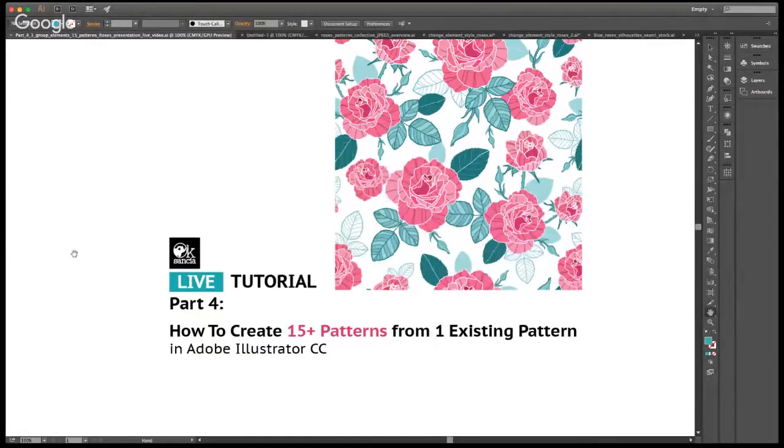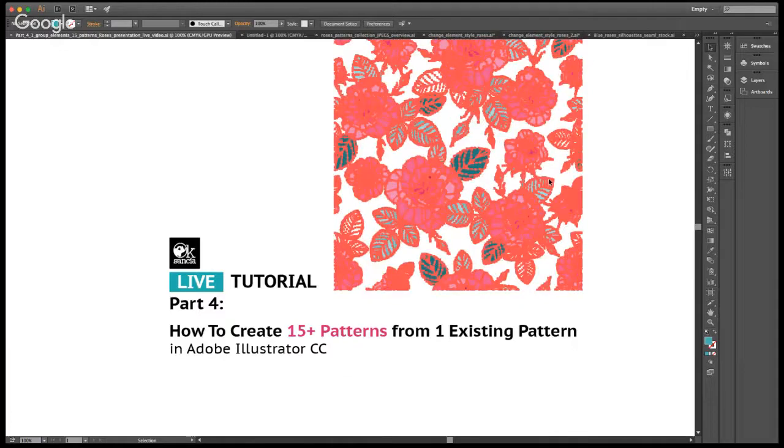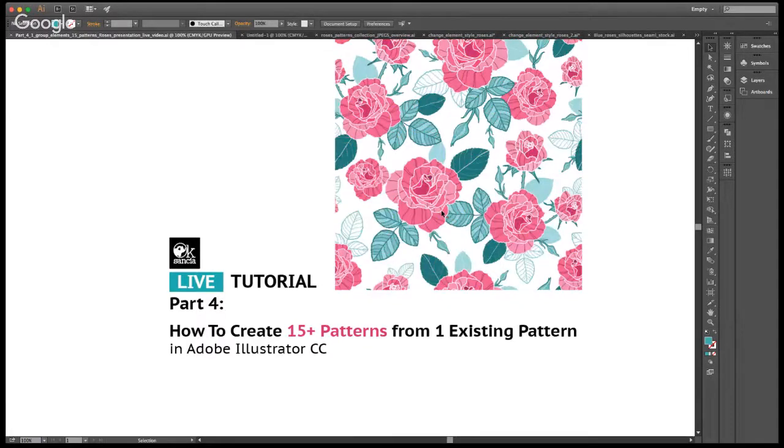this will be part 4 of a video series that I've been creating, and it's available on YouTube. This one is called How to Create 15 Plus Patterns, which is actually many more, from one existing pattern in Adobe Illustrator. So in part 1, we created the elements. This is actually the pattern. We created these rose elements, and in part 2 we created the leaves,